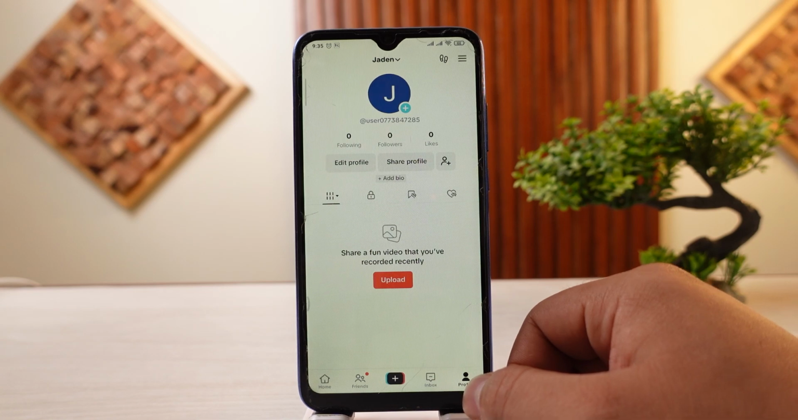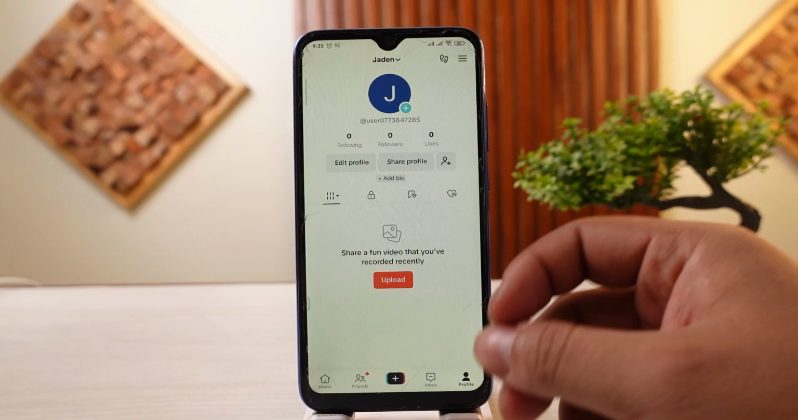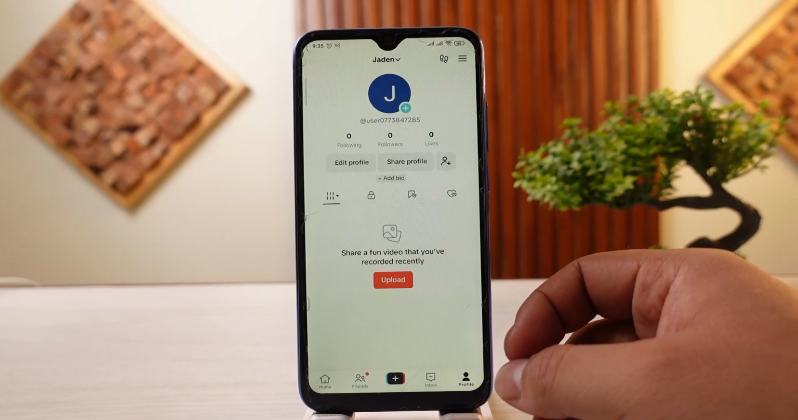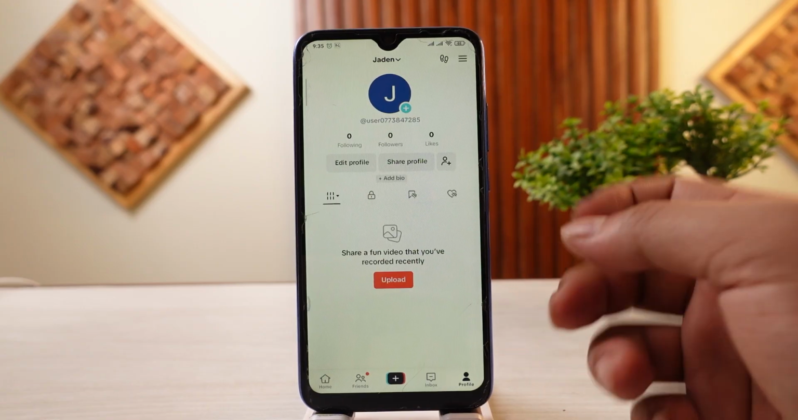In this video, let me show you how to fix TikTok cannot delete account. So if you're trying to delete your account of TikTok and if you're having issues, let me show you a few solutions that you can try out. Now the first thing that you need to do is add in your missing phone number and email address, because